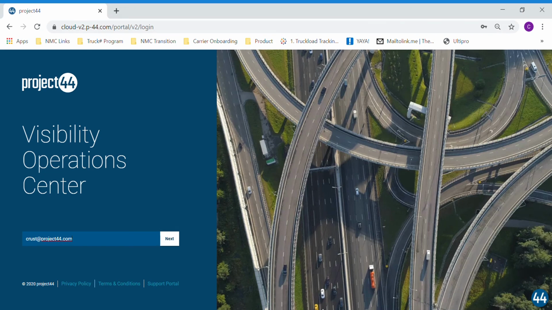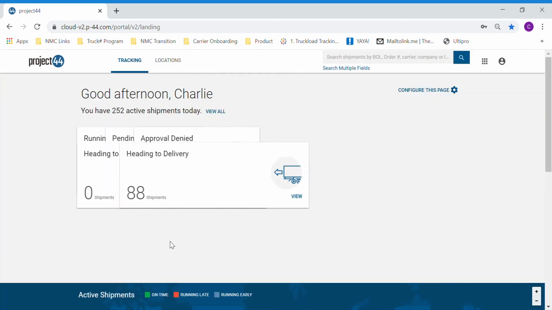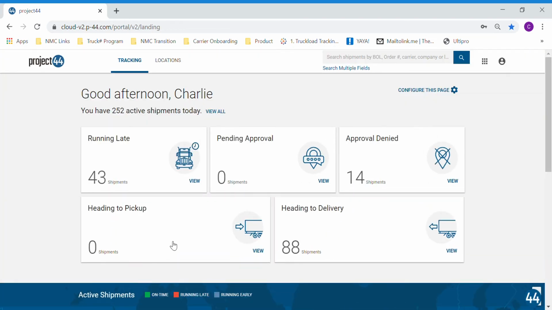This is the landing page, the login page for our Visibility Operations Center, otherwise known as the VOC. This is the login that a shipper or a broker, a Project 44 customer, would use to log in to see their shipments. So upon logging in, the user is greeted with a view of all of their active shipments